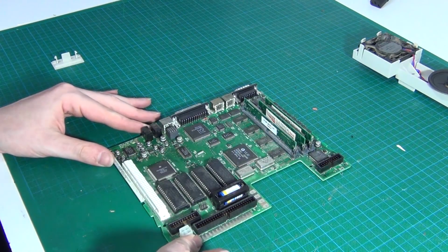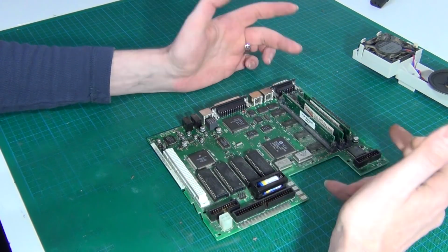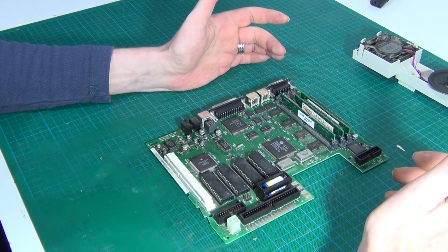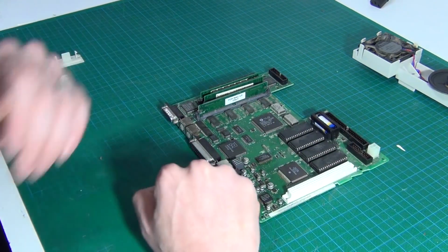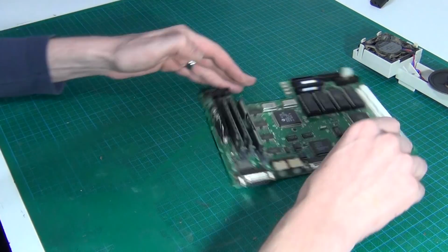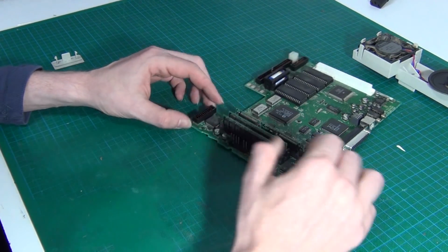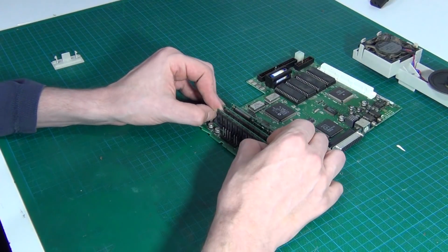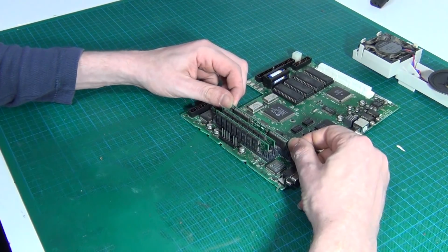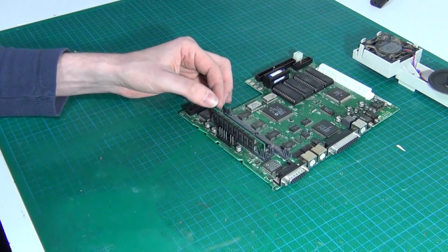Now, on this motherboard, we have, I believe, the video RAM and our 4 meg of normal system RAM. And that's kind of it. We have capacitors here, all around here, and a couple over on this side as well. So let's just get the RAM out of the way and pray I don't break clips. All right, 1, 2,